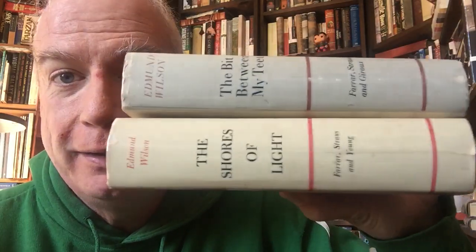Okay, then we have 2 little hardcovers of one of the high priestesses, I almost said, and wouldn't it be justified? One of the high priests of my own profession of literary criticism, and that is Edmund Wilson. This is The Bit Between My Teeth and The Shores of Light. These are collected critical essays of his. There's a kind of high trinity of these: The Shores of Light, The Bit Between My Teeth, and then